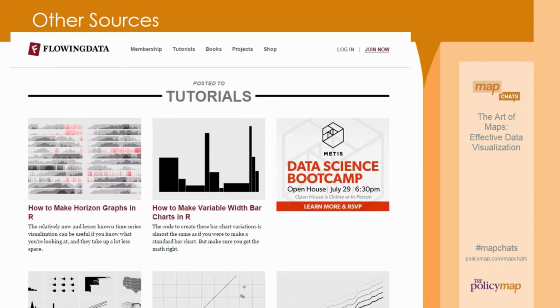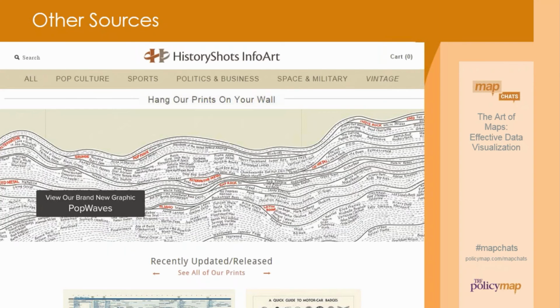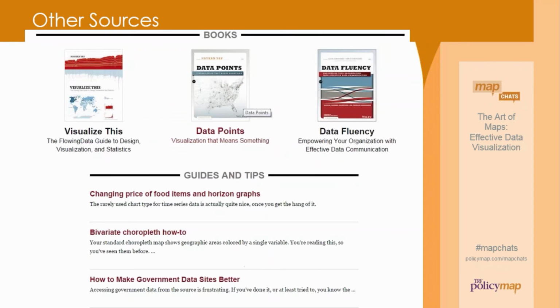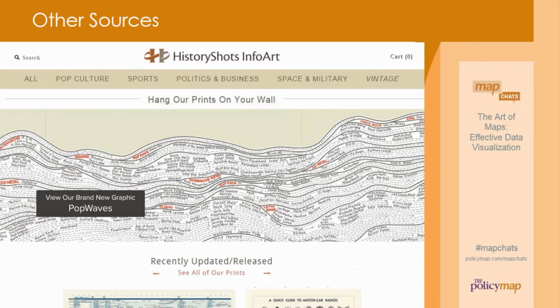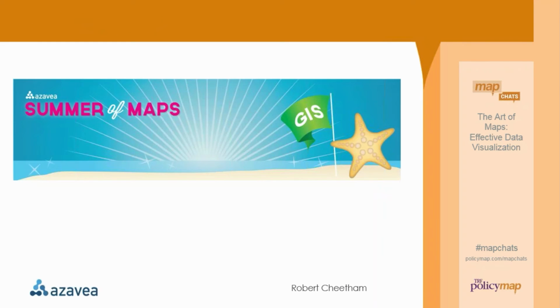Other places I like to look at are Flowing Data. Some of you have probably seen this before. It's a daily blog of interesting visualizations, and the person that runs that, Nathan Yau, has published some really great books on the subject. History Shots sells posters of this kind of time-space visualization, as does a place called Time Plots. And finally, I'll close with our Summer of Maps program in case there are nonprofit organizations in the audience that are interested in